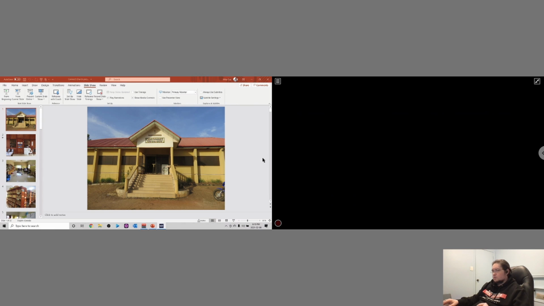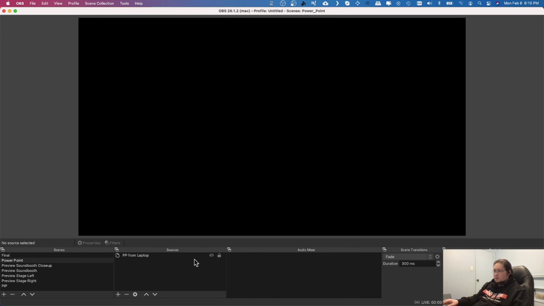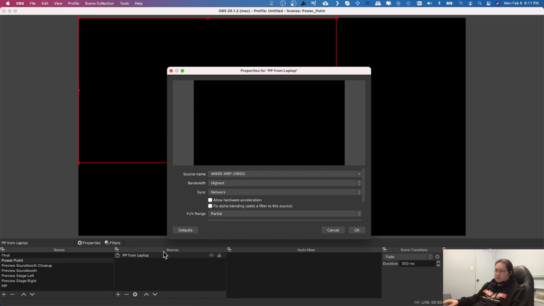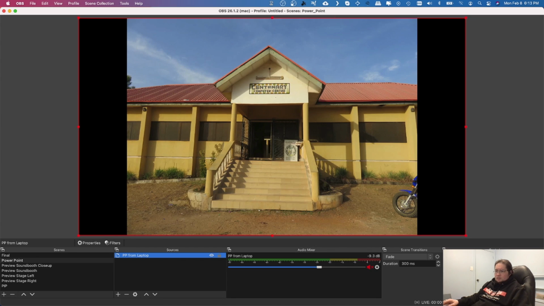Okay, so let's hop back over to the other computer, which is the streaming computer. Now we should be able to click on the properties here, and in here we should see, yes, this is the other computer, the desktop one. So if we click on that and click OK,